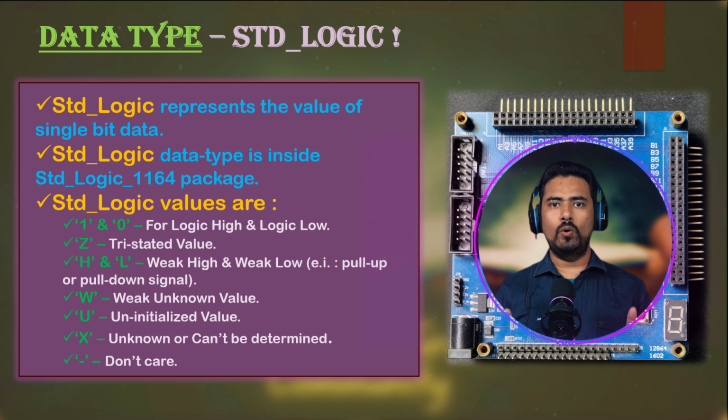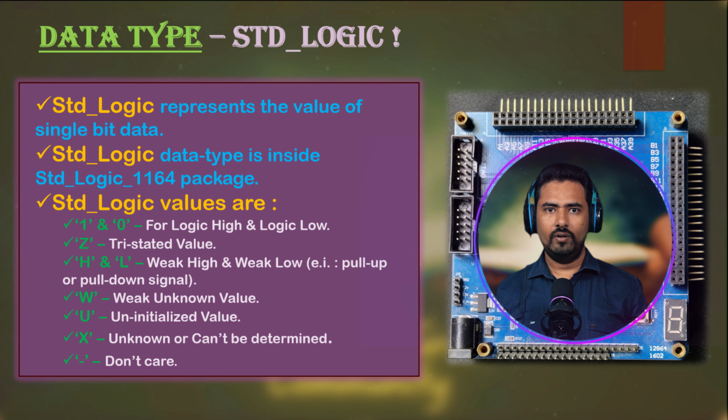In this state, to optimize the circuit for speed, area and resource usage, it is important to remember that these extended states like W, U, X, dash, H, and L are primarily for simulation purposes. While they can help model real-world scenarios like pull-up resistors or pull-down resistors, they cannot be directly implemented in the FPGA hardware. For example, the H state or the L state can be used to simulate the pull-up resistors or the pull-down resistors.